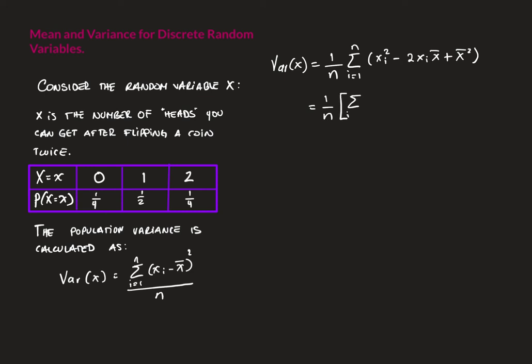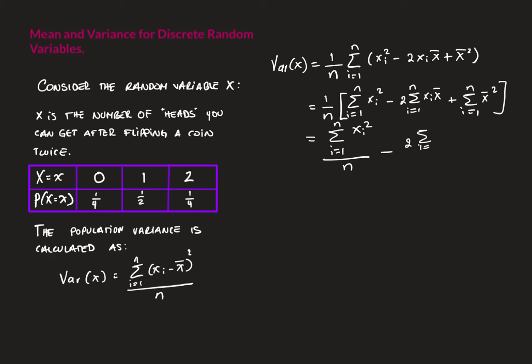So it's going to be the sum from i equals 1 to n of xi squared, minus 2 times the sum from i equals 1 to n of xi x mean, plus the sum from i equals 1 to n of x mean squared. And we're going to distribute the n as well. So the sum from i equals 1 to n of xi squared, everything divided by n, minus 2 times the